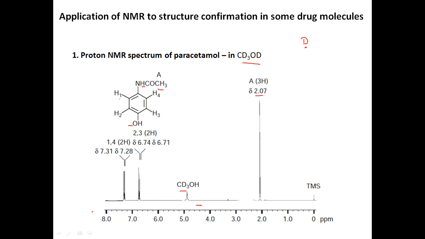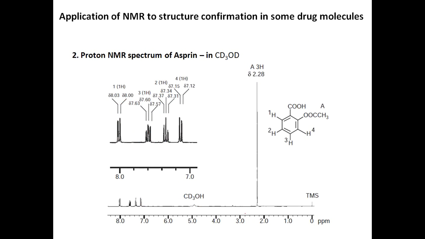Now, more importantly to be checked are these 2 protons, H1 and H4, which are chemically equivalent. H2 and H3 are chemically equivalent. So the 2 protons, 1 and 4, give a signal around 6.74 and 6.71. This is due to the interaction, that is, the 2 protons are coupled, giving a doublet signal. In the same way H2 will interact with H1. These H2 and H3 are chemically equivalent, so their neighboring proton is 1, so there will be interaction here, giving a doublet. And so this is the NMR spectrum for paracetamol in methanol-d4 solvent with reference to TMS.